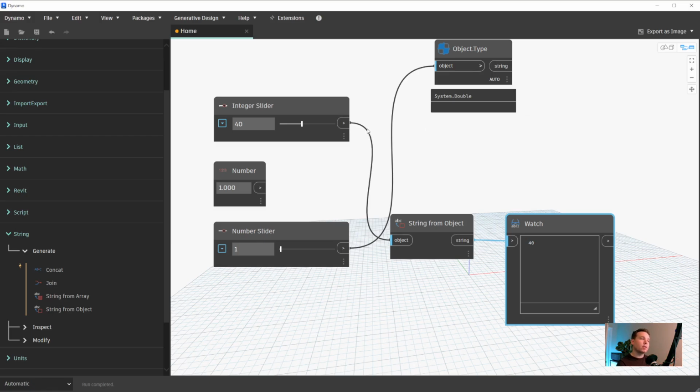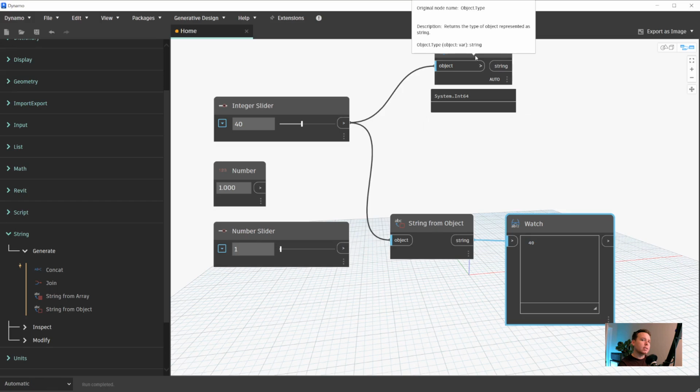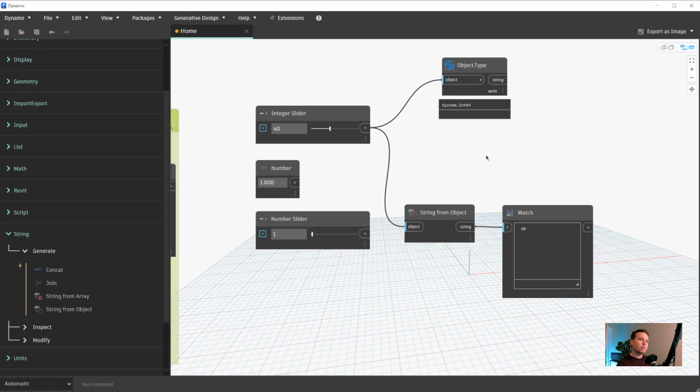In the case of converting a number to a string for use in Revit, you're going to want to use an integer. And the way to make sure that it's an integer is to interrogate the Dynamo graph with this object type node. Really good thing to keep in mind. If there's one thing you get from this lesson, it's that object type node, just to interrogate what's going on